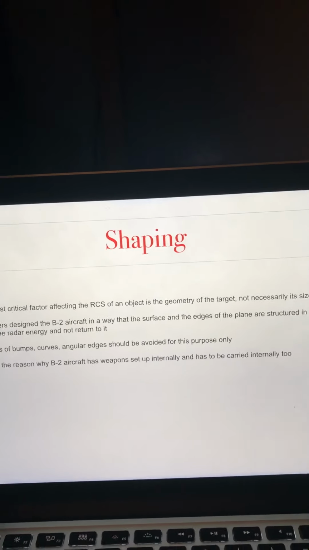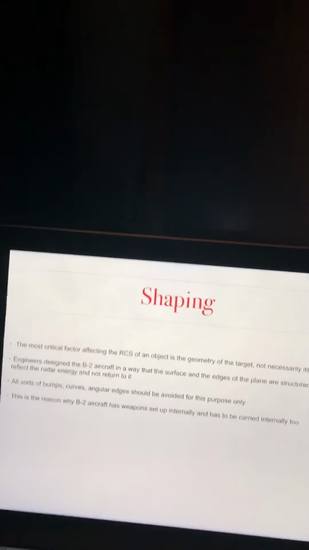Development stage. So the shaping is the most critical factor affecting the RCS of an object. It is the geometry of the target, not necessarily its size. And so engineers designed the B-2 aircraft in a way that the surface and the edges of the plane of